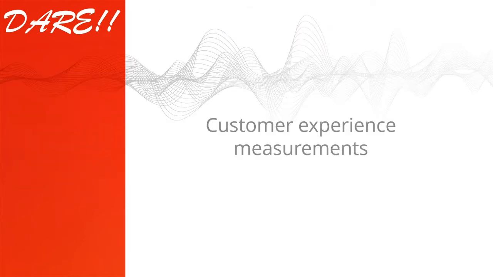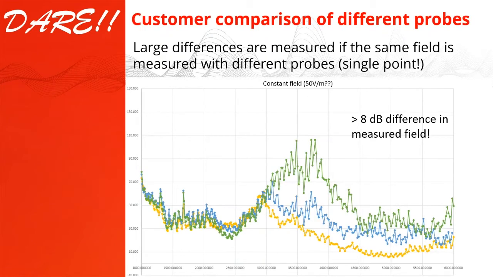Then I also want to share some customer experience measurements. Here we have a graph of a test that was done by one of our customers, where he said, okay, I have an anechoic chamber, I have a test setup where I generate a fixed test level, and I repeat the measurement by using 3 different types of probes. So in basics, you would expect that these 3 probes will give relatively the same measurements performance, because nothing has changed. It's the same chamber, it's the same test system, it's the same settings, everything is the same, only the